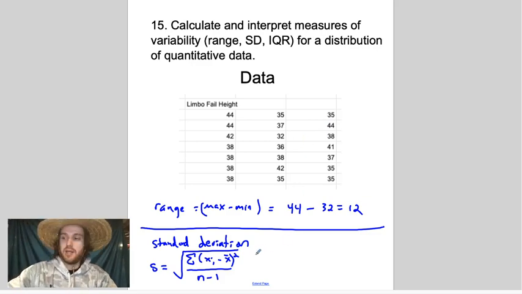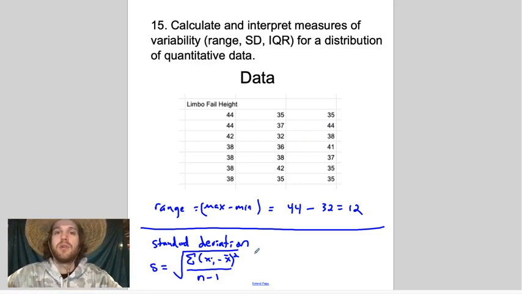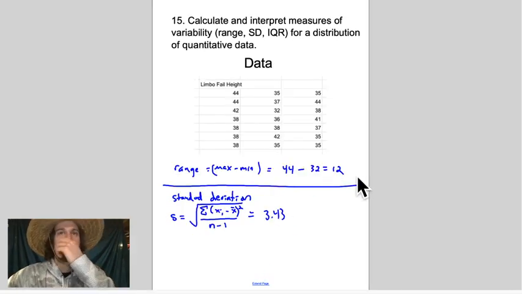Doing this by hand is atrocious, so you get 3.43 for the standard deviation, and what are the units? The range is in inches, we have a range, so we observed values from blah, blah, blah. The standard deviation is,